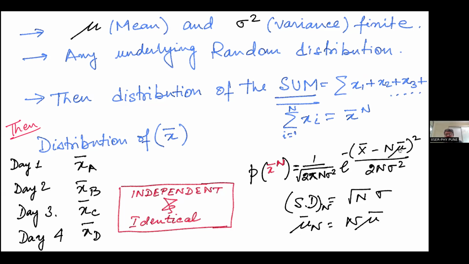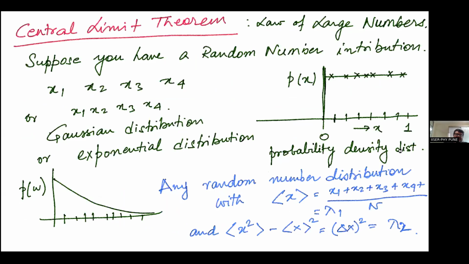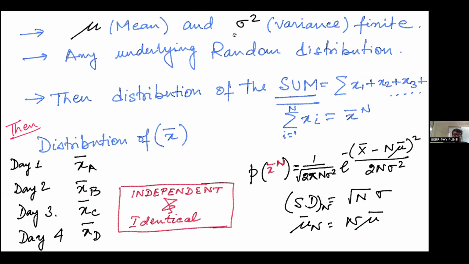What is sigma and mu? It is the mean and sigma square of the original distribution from where you were generating the sequence of random numbers. Right now, this is mathematical, but you'll see how it will link up to Brownian motion, to physics. This is also taught in statistical physics, but just hold this, realize this, and I'll